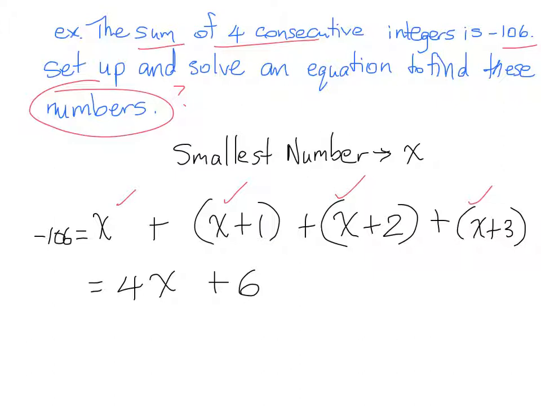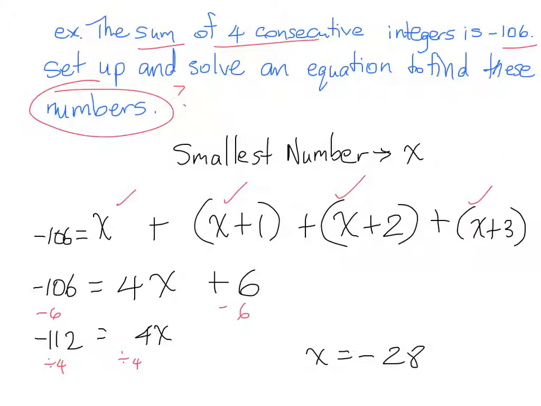So that is equal to -106. So now we can isolate our x by first subtracting 6 from both sides. And we get that 4x is equal to -112. And we can divide both sides by 4. And we get that x is equal to, let's see here, x is equal to -28. Okay, but we are not done